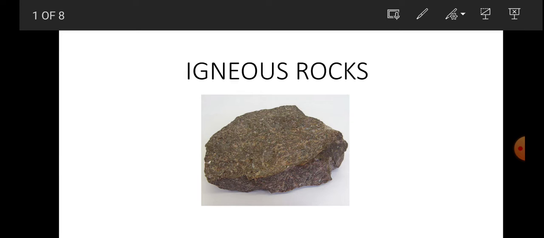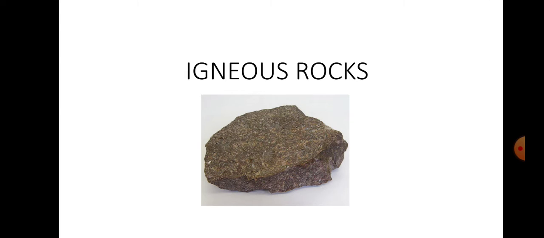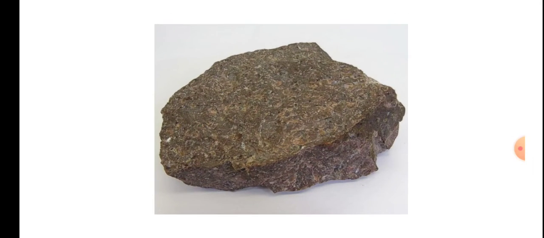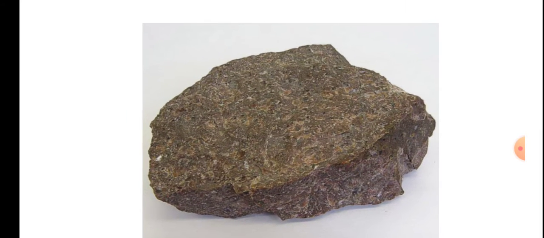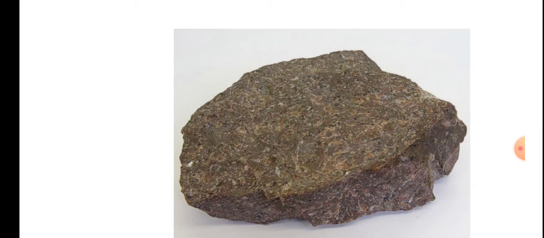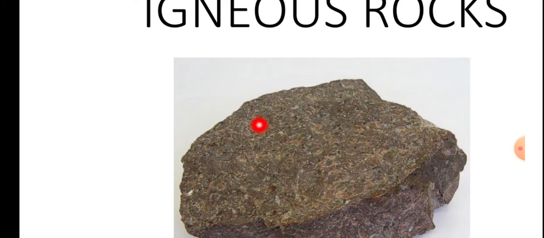In today's class, we are going to learn how these rocks have different types of minerals. When you look at a small piece of rock through a magnifying lens, you can observe a number of minerals in it. You can see in this picture that this rock consists of many minerals. Even a tiny piece of rock contains a lot of minerals.